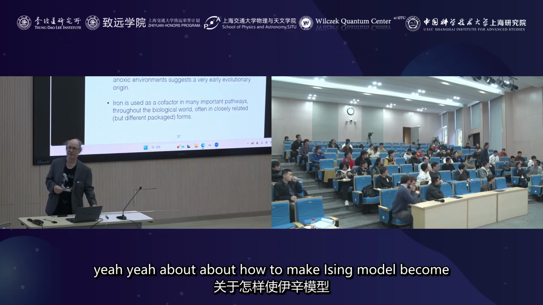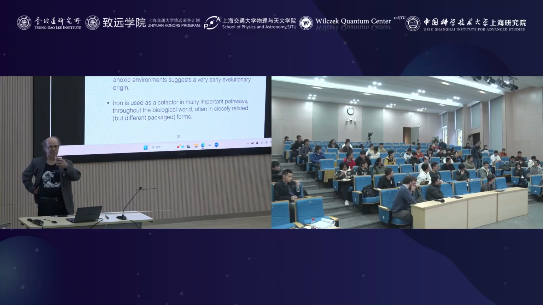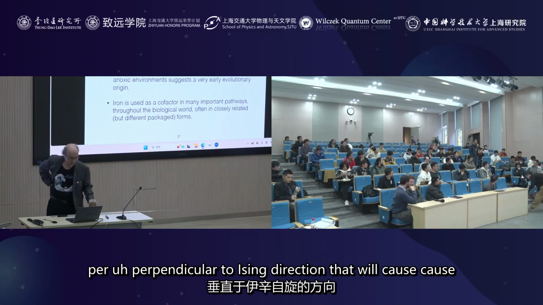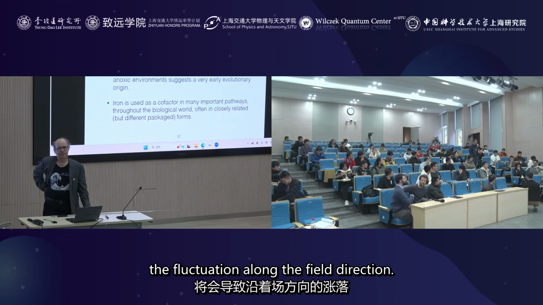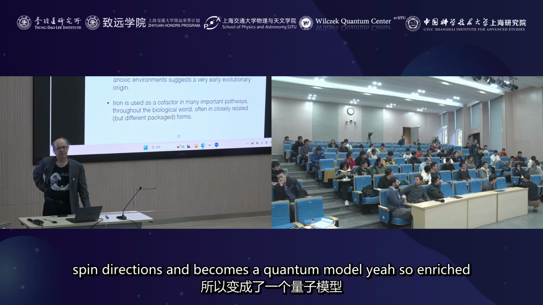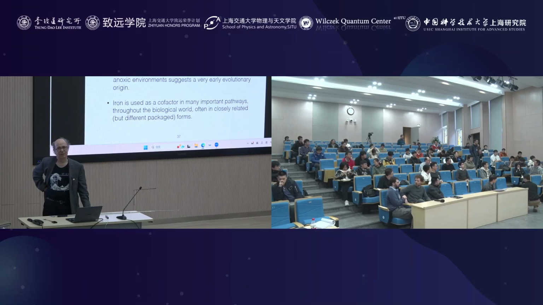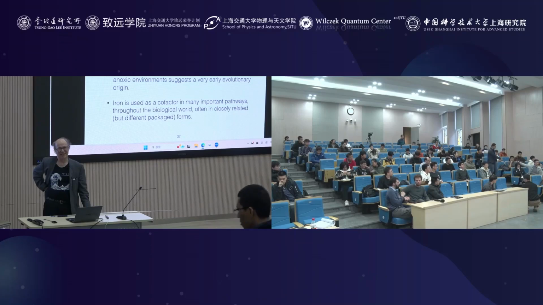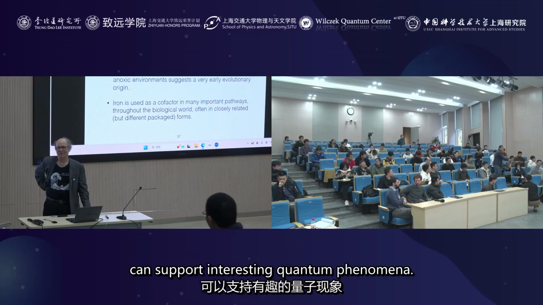About how to make the Ising model become a quantum model. You just simply apply a transverse field that is perpendicular to the Ising direction, which will cause fluctuation along the field direction. And because of the non-commuting nature of these two spin directions, it becomes a quantum model. Yeah. So enriched versions